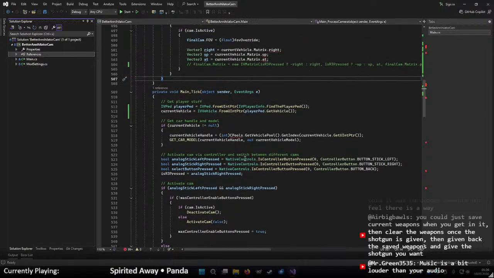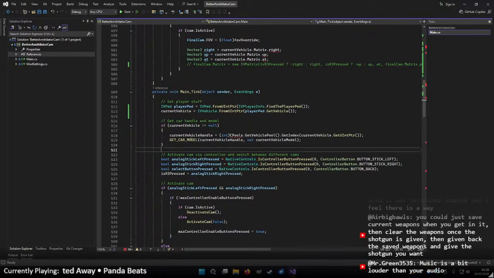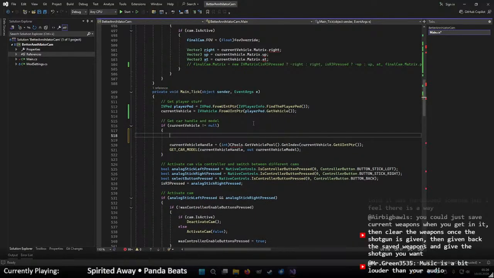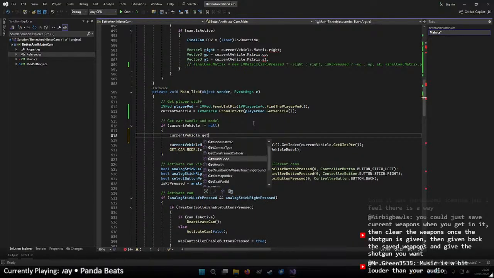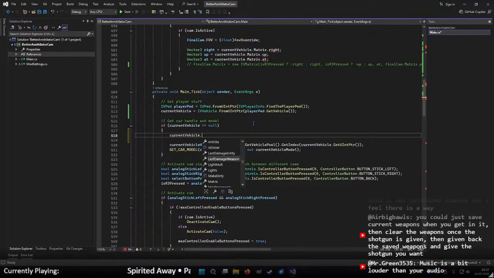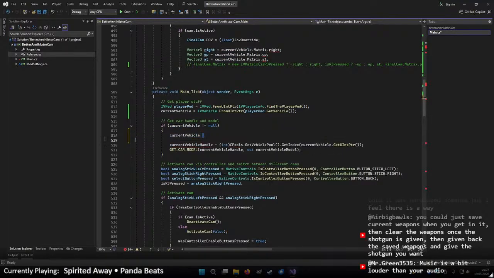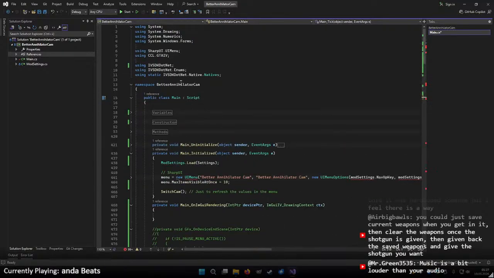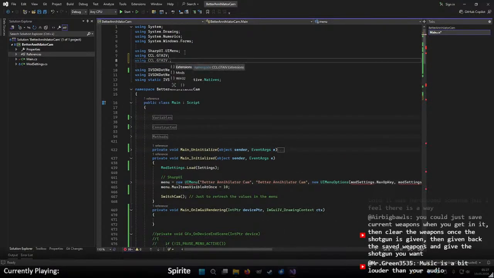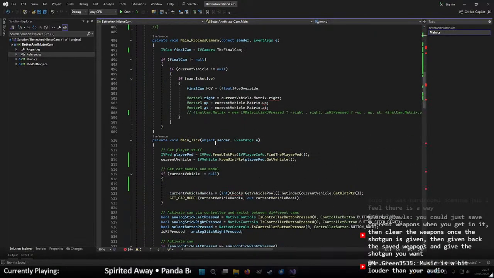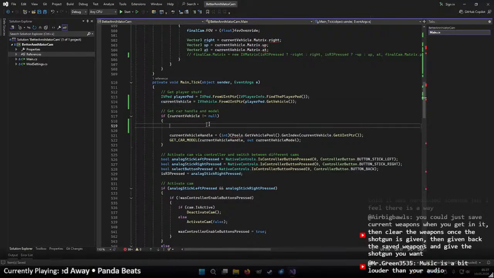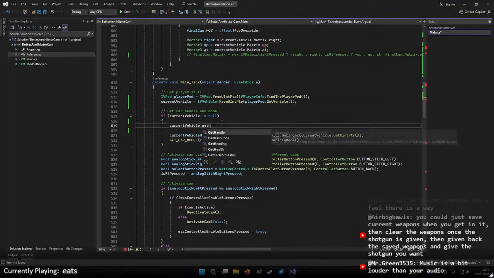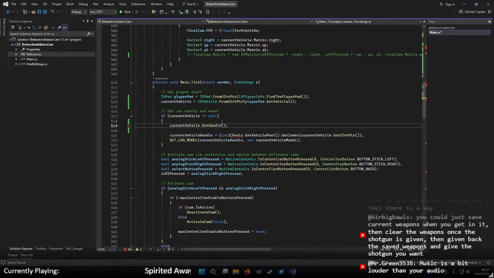Now we have access to those classes again, and we should also be able to call a helper function on the current vehicle called getHandle. Oh, apparently not. Okay, I think I need to include the extensions. And now we should be able to call getHandle. Yep, there we go. We have the handle to the vehicle,